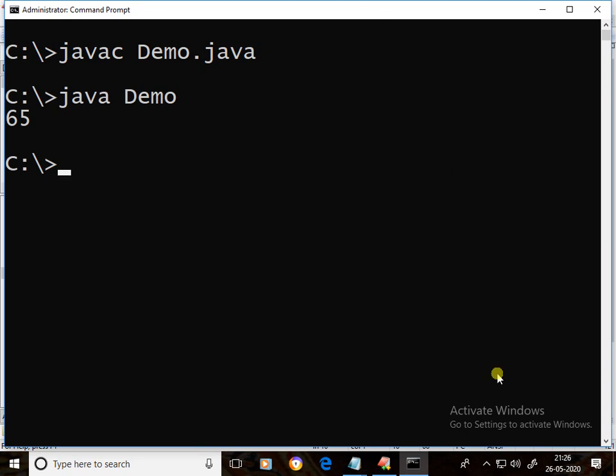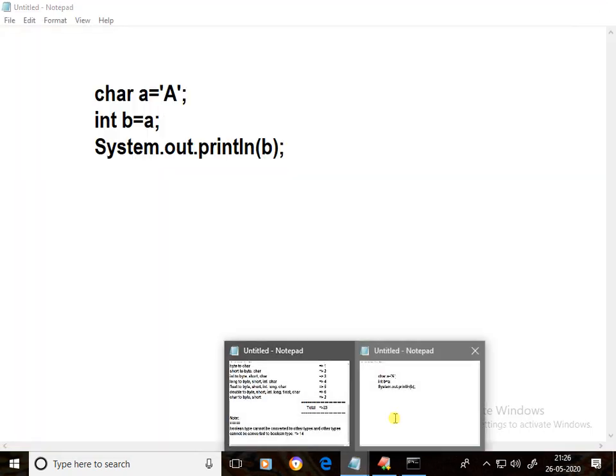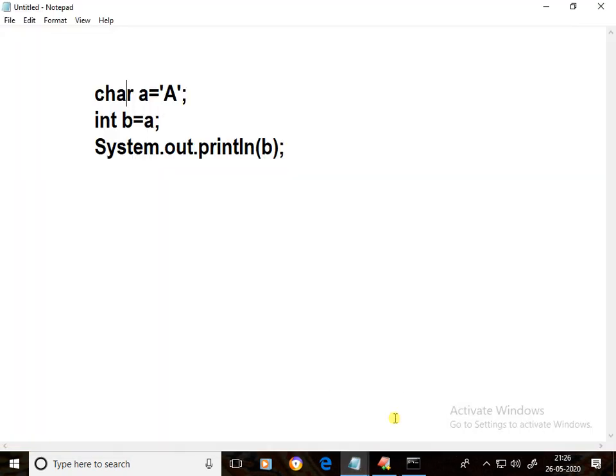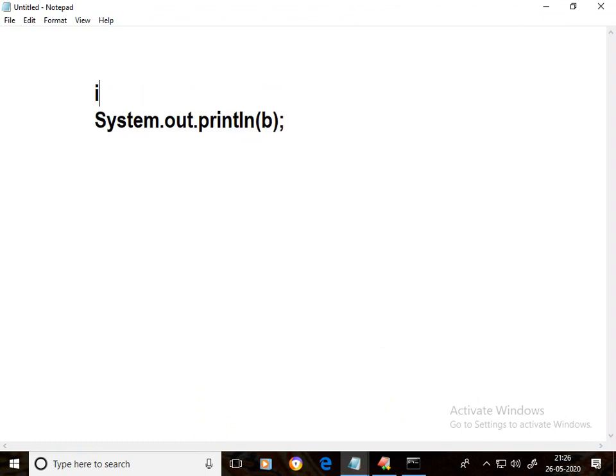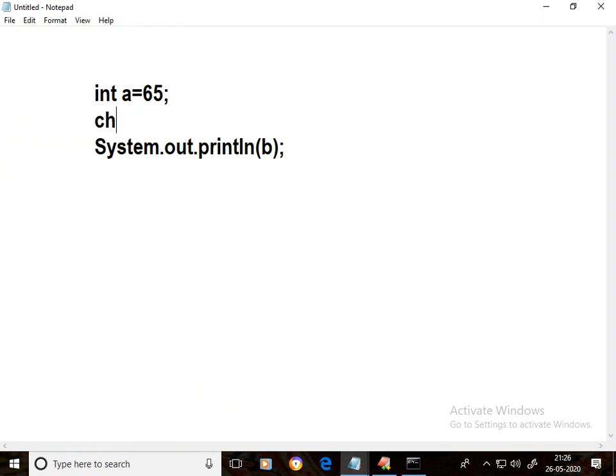Now this one I'll write in reverse. Integer a equal to 65, character b equal to a. Here a is integer type, b is character type.